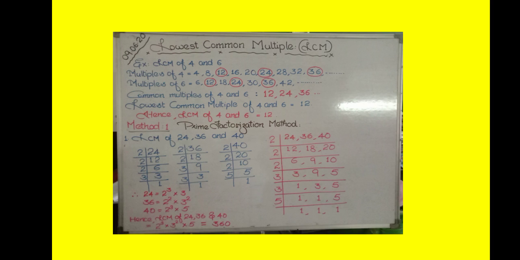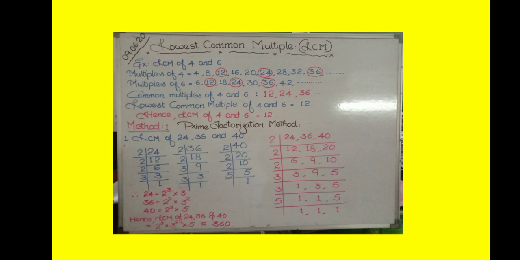So here I have shown the division method also sidewise. Though these three numbers are written together, if we factorize, that is known as the factorization method in HCF. But here, if we use this method, writing together all the numbers for finding out LCM, it will be the division method.